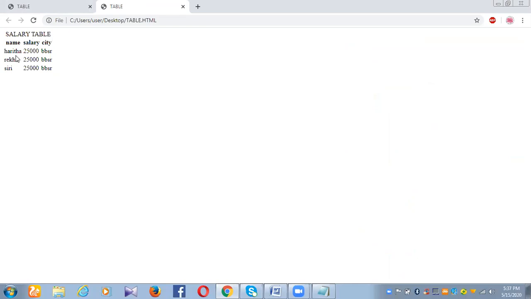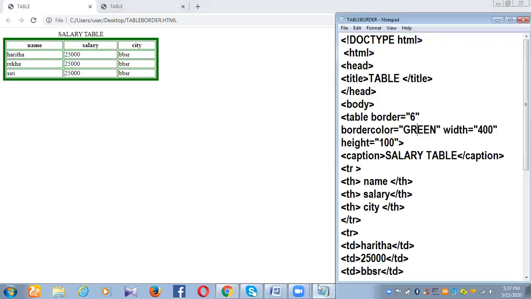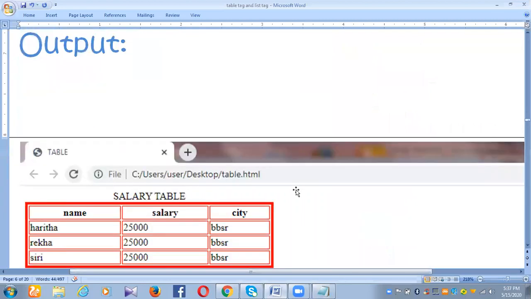But when we have added the attributes, that is border color, we have added everything, so we are getting the output in this manner. See the table border, we have added to be 6, then green color, and the width and the height of the table are also mentioned. Hope you understood this.